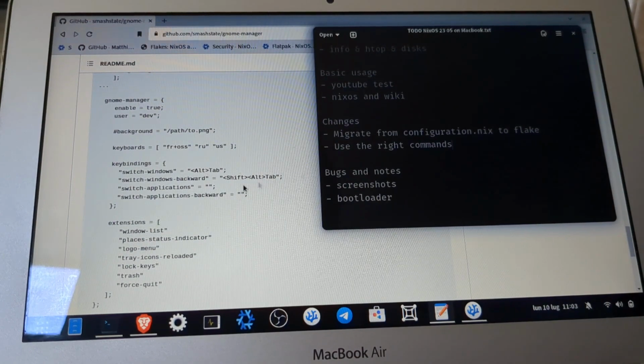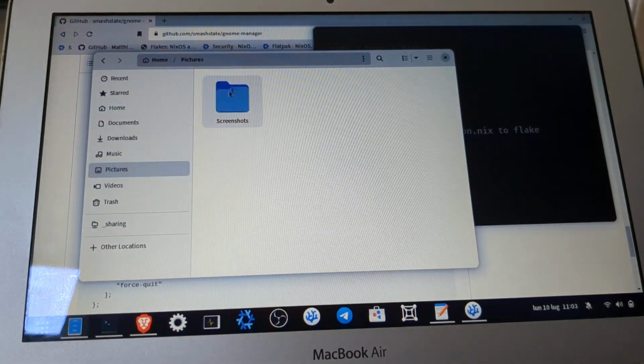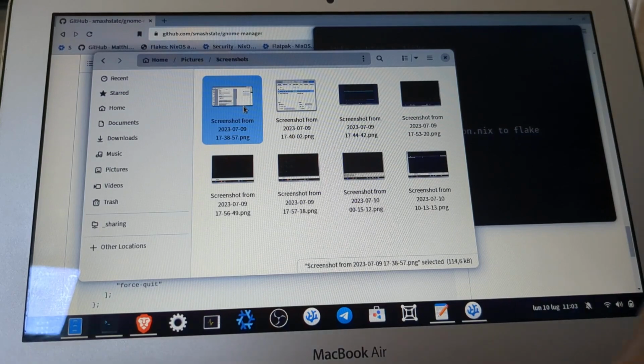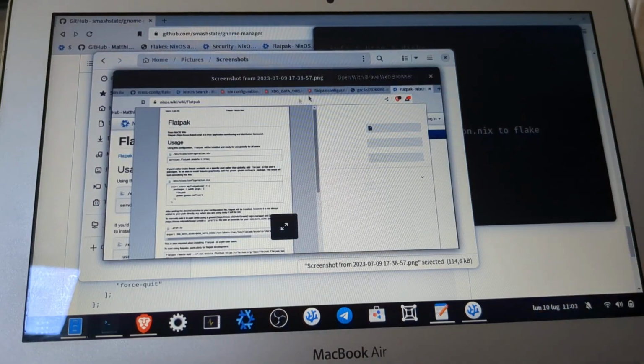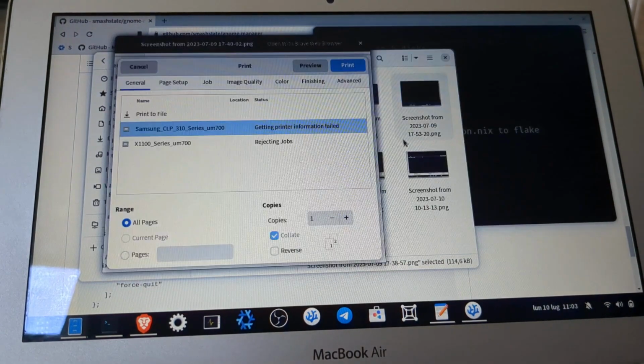And yeah, let's see some screenshots that I made also here. And this is the bug that you have seen, that sometimes the fonts aren't rendered.